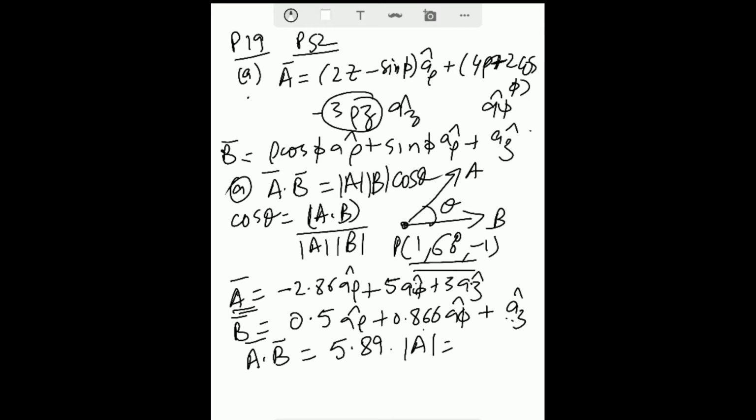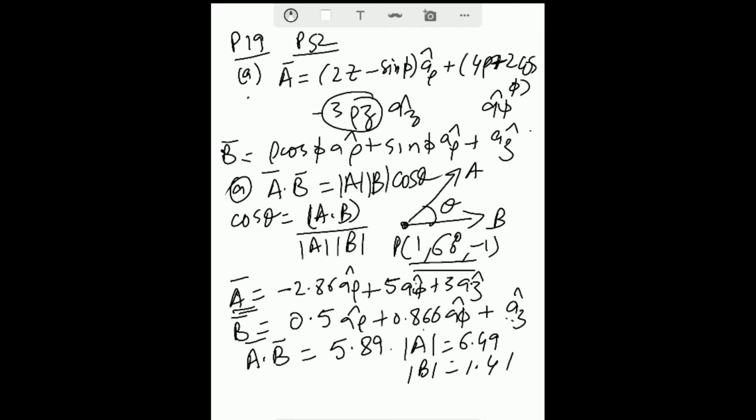If I just calculate it, this comes out to be 6.49, and this comes out to be 1.41,